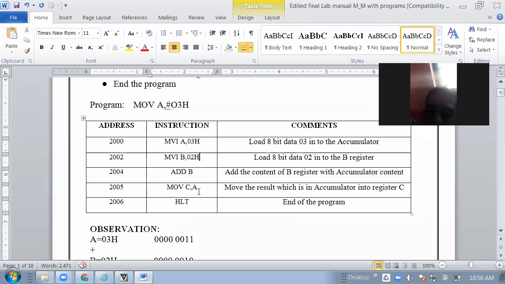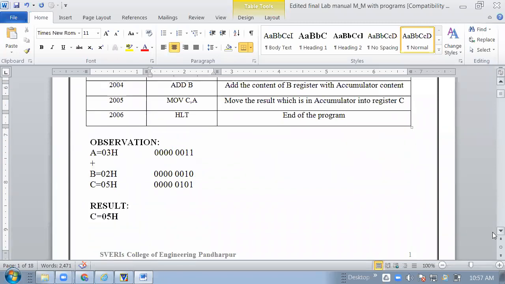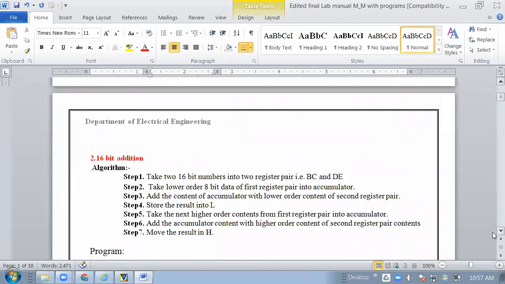How the output is stored into the memory location and the register, we are discussing the memory locations and registers. Okay, so this is the experiment we are doing with 8-bit data. Same program for the